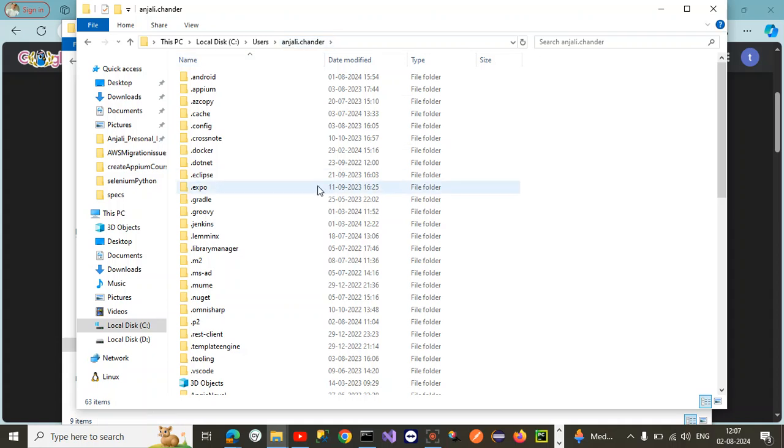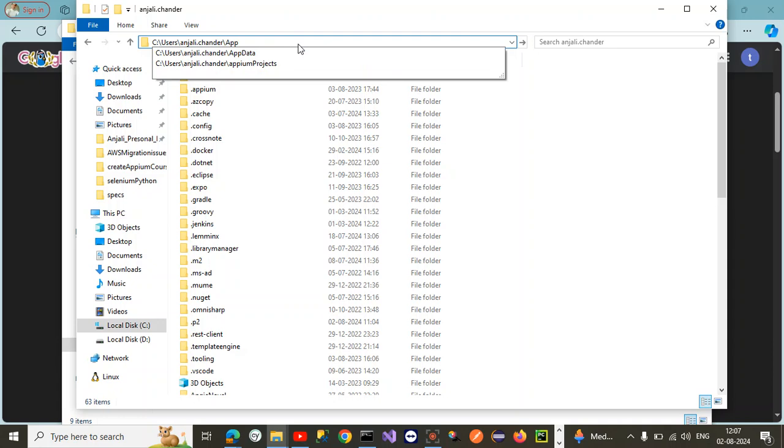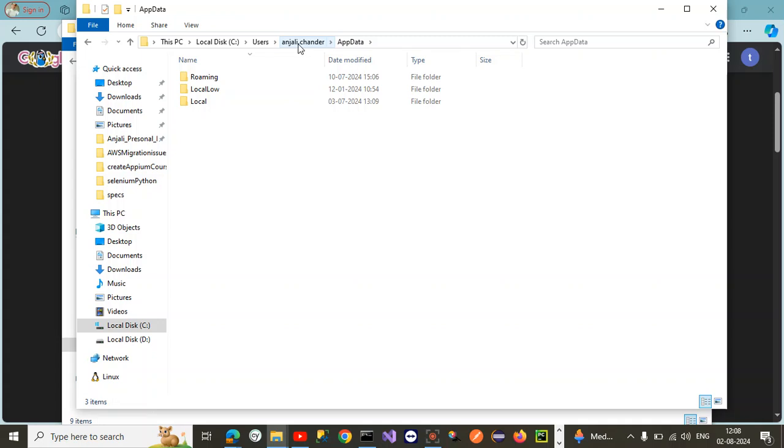Whatever the name your system is showing, just tap on it. Here, click on it and do the forward slash. Here, write AppData. It is a hidden folder, so you have to write it. After that, you will get access.